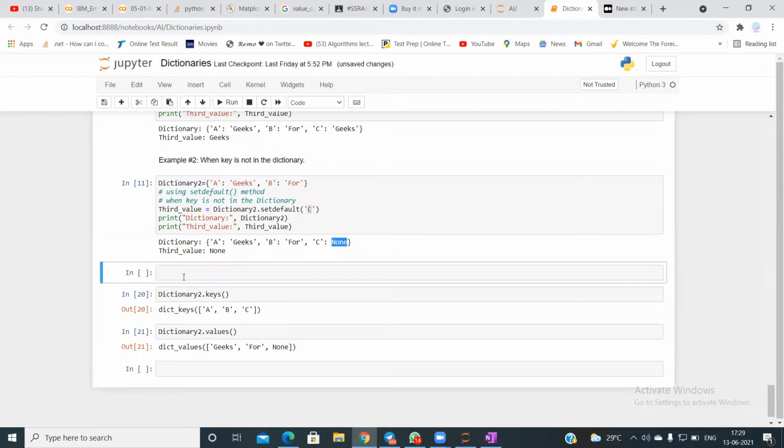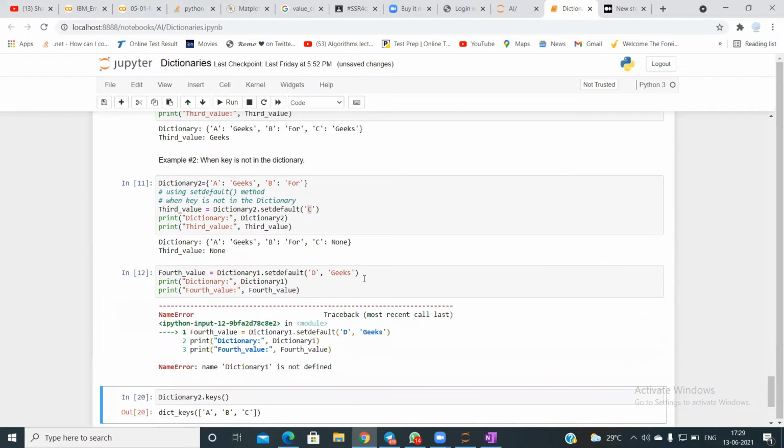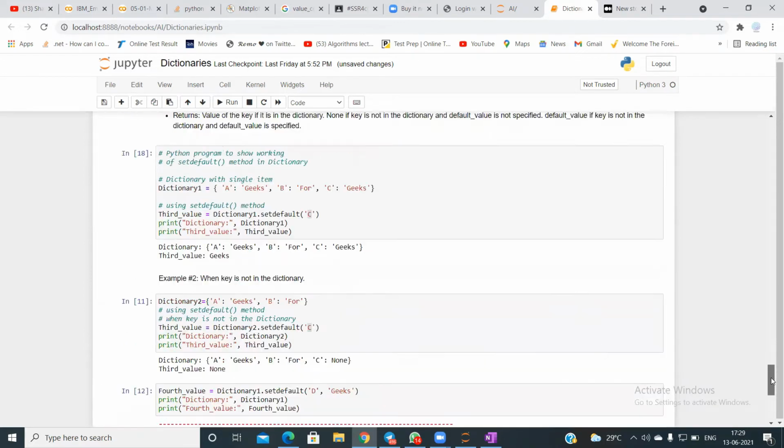And if in case, let me say that your value does not exist in the dictionary, here I did not mention any value, so I can also mention a value along with this key. And you see this dictionary one, right?